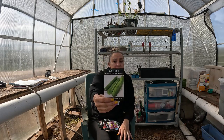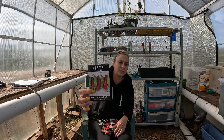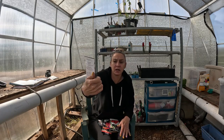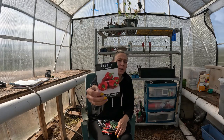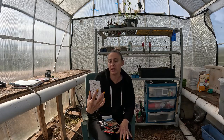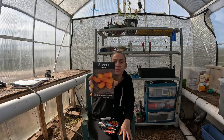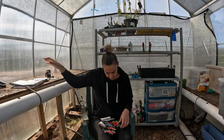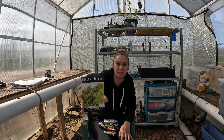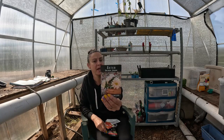A staple in my garden is the black zucchini squash, onions, shishito peppers. I think you can take any pepper really, but you can char them and then sprinkle them with salt and eat them. Yummy. Avjarski peppers, I haven't tried these ones yet. Chinese broccoli, buckwheat, jet black hollyhock, datil pepper, blazing hot is what it says, death spiral, celosia, don't know if I'm saying that right, bells of Ireland, another celosia, clover, good old poblanos, salmon asters, carrots,